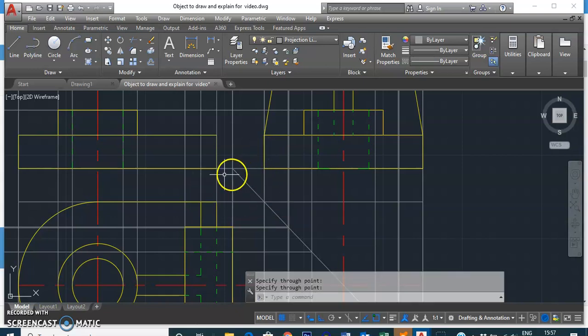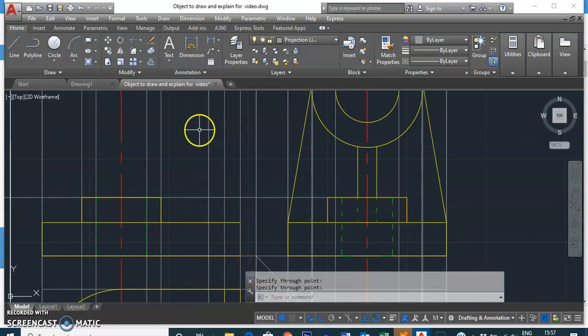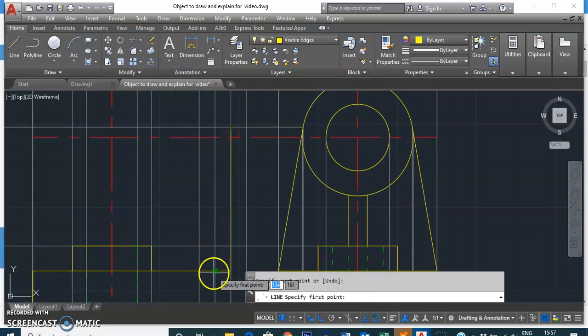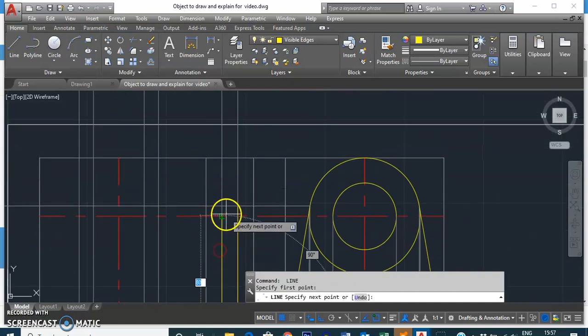Good. Now we can draw a rib section in the front view by changing layer to visible edge, since it will be visible from that particular view, that is a front view. So from here to here, one line, and then we'll draw another line from here, right? Okay,